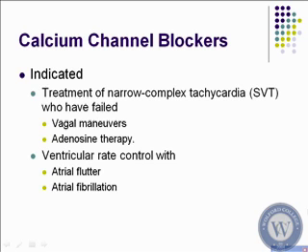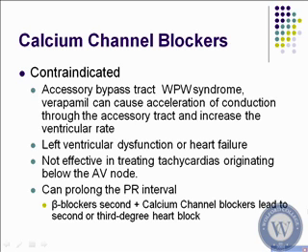Treatment is for a narrow complex tachycardia who have failed. You have to know the difference between narrow versus wide. Wide complex tachycardias are the ones that are seen with WPW, but a narrow complex tachycardia can be treated with vagal maneuvers or adenosine, and for ventricular rate control due to atrial flutter or atrial fibrillation. Okay. It is contraindicated for accessory bypass tracts such as WPW. Verapamil actually causes acceleration and increased ventricular rate, including ventricular fibrillation and ventricular tach. Left ventricular dysfunction and heart failure may also develop, and it's not effective in treating tachydysrhythmia originating below the AV